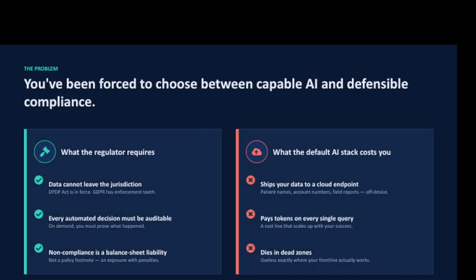If you look at the slide, on the very left side, we can see that compliance is no more a luxury for the industry. It is an obligation. India's DPDP Act is already in force. It's no longer pending. The GDPR protocol has been in the market for more than a decade now and it already has enforcement teeth. Moreover, if we are from the medical or banking domain, we have sector mandates stacked on top of that.